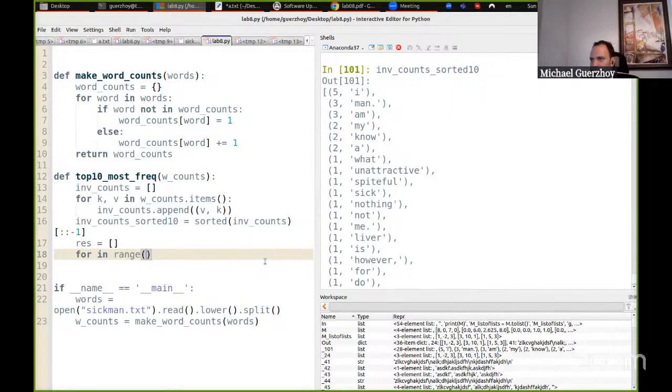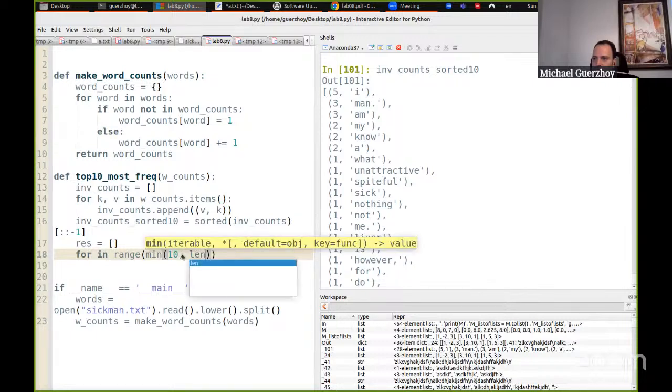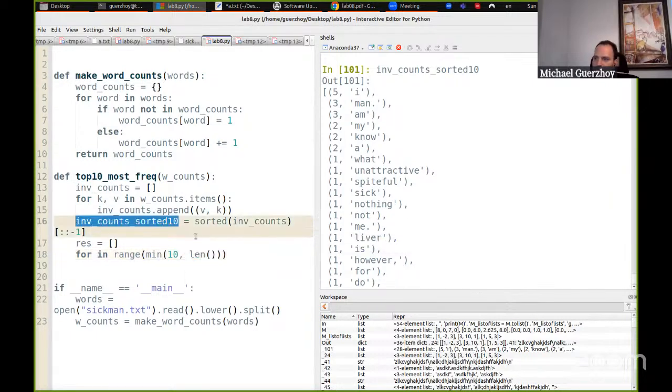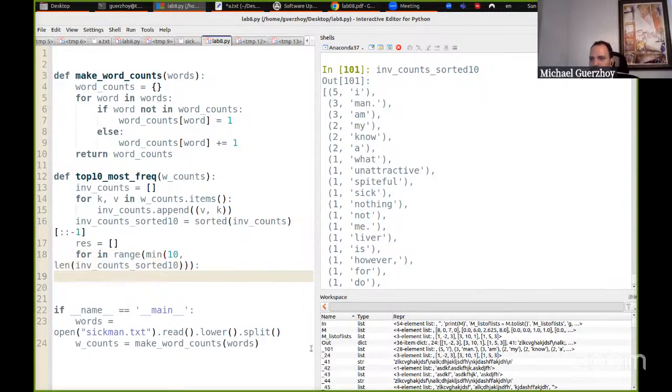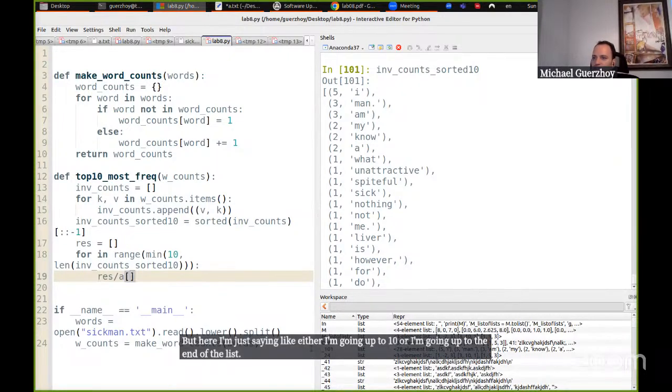So here we're starting with 0 and we're going up until either 10 or the end of the list. So I'm saying either I'm going up to 10 or I'm going up to the end of the list. And I'll append